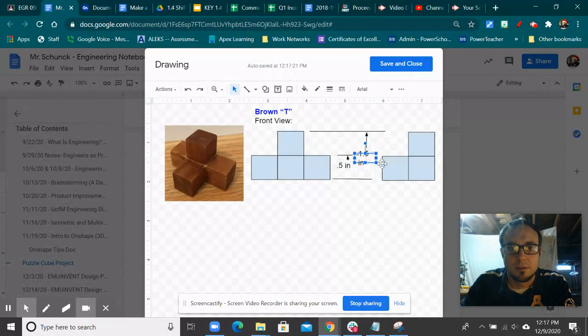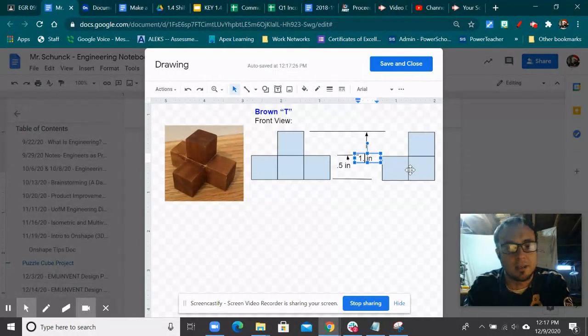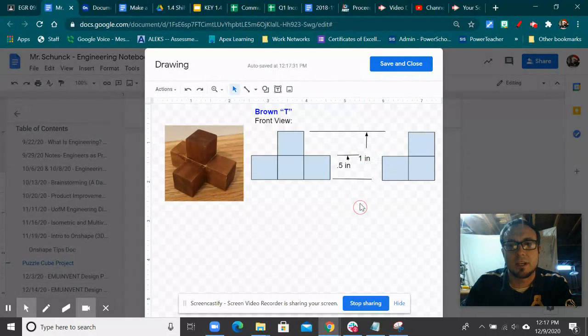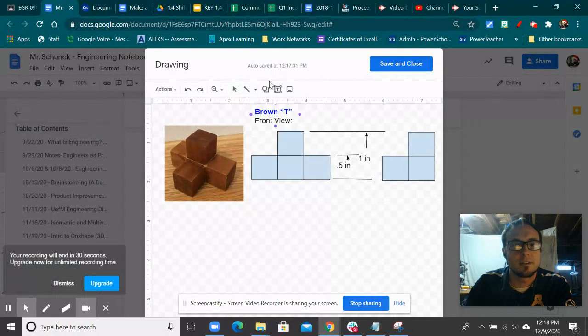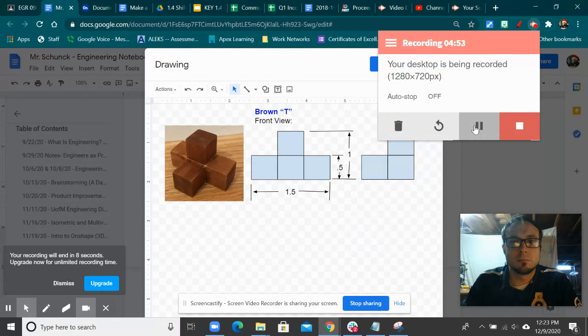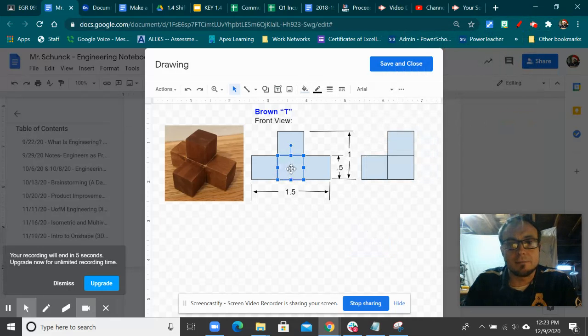All right, that's actually 1 inch because it's only two high. So there's 1 inch, half inch, get some lines, arrows in here, and then we can do some dimension lines on the bottom. I guess if you at least get those in, then we can throw some dimension lines. All right, so after having that cleaned up, it looks good like that. We can also make some of these lines thicker because the